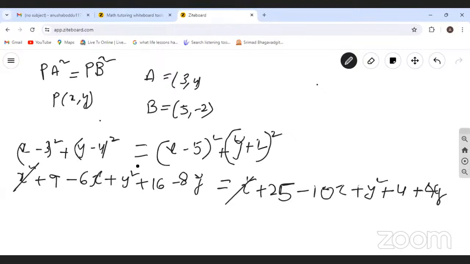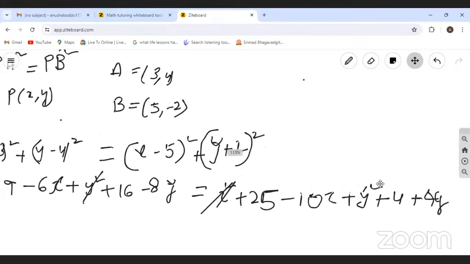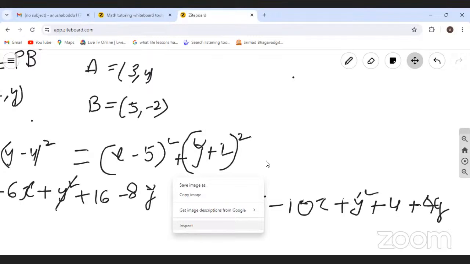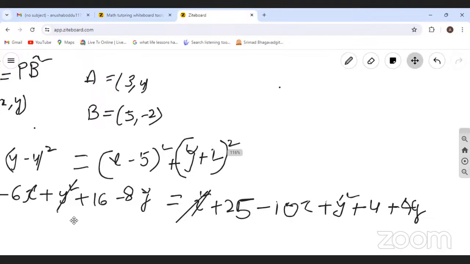Meanwhile, y square and y square will also get cancelled. So at last you will get the answer as x minus 3y